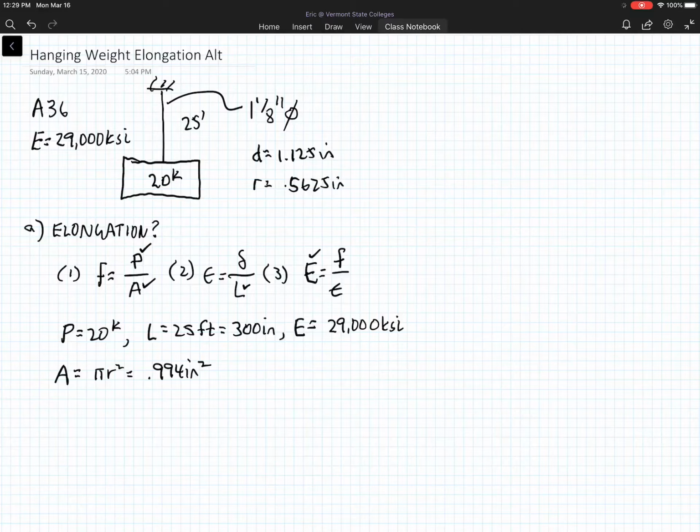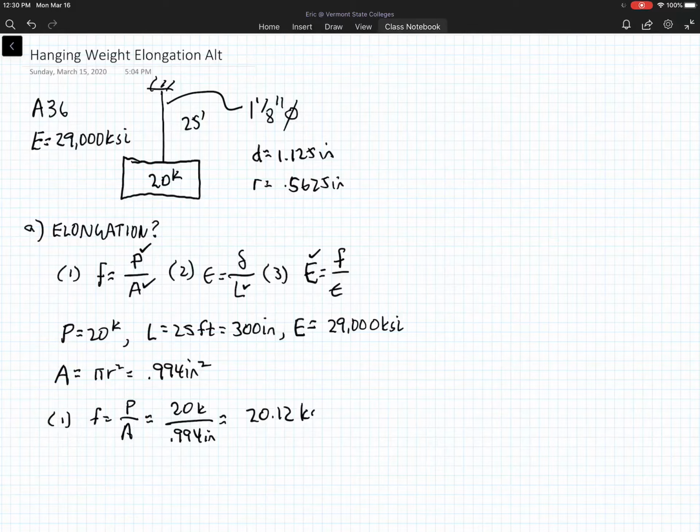So, looking at the first equation, we know P and A, we can go and find the stress. Second equation, we have two unknowns. Third equation, we have two unknowns. We have one unknown. We're in good shape. We're going to use equation 1 that says stress is equal to load divided by area. The load we know is 20 kips. The area is 0.994 inches squared. And we get a number of